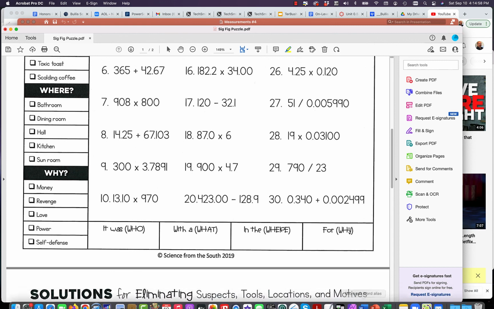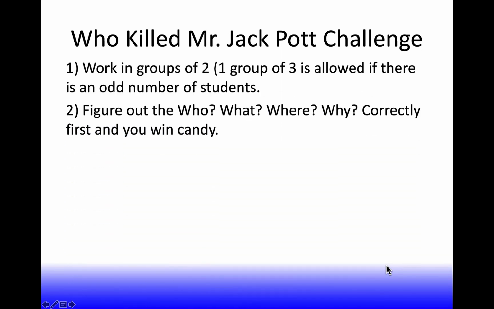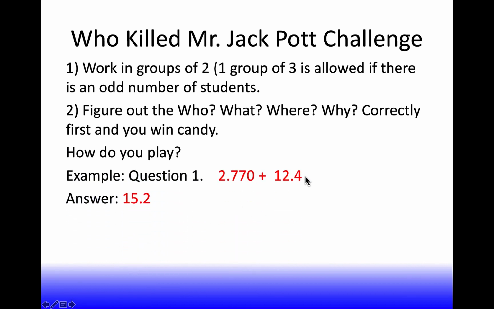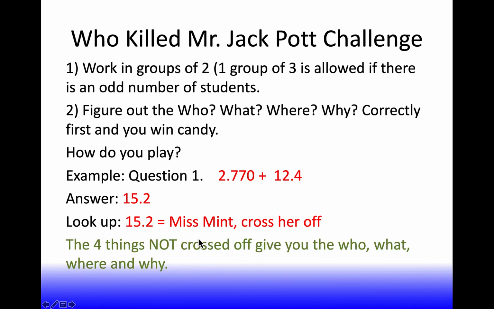All right, now let me go back to the notes just to show you everything that we just talked about is also here. So figure out who, where, why. It says if you're first, you can win candy. But if you can get it legitimately, I'll let anybody have candy. Again, how do you play? You add the numbers, round it properly, and then in this case, you find the thing that you need to cross off that matches that number, which is Miss Mint. You cross her off, and then the 4 things that are not crossed off will give you the who, what,